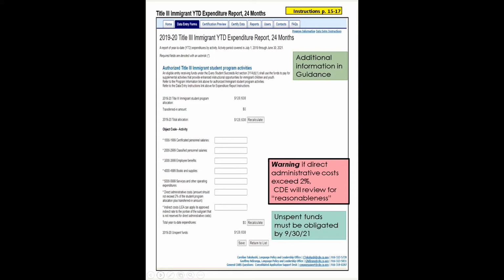So why is that? That's because Title III immigrant, unlike Title III EL programs, does not have a legislated cost cap. Okay. However, CDE applies the same thinking to the two programs. They're saying it's Title III, we see 2% as reasonable. So if you exceed 2% on your direct cost line for administrative costs